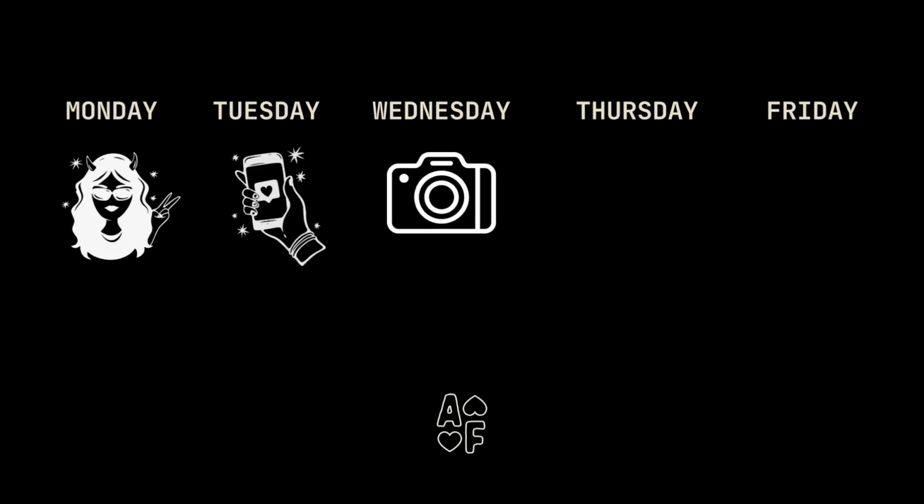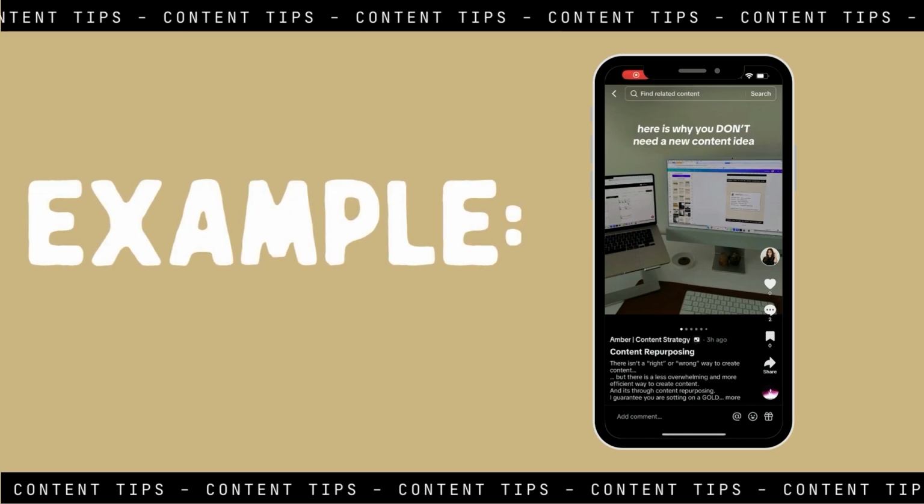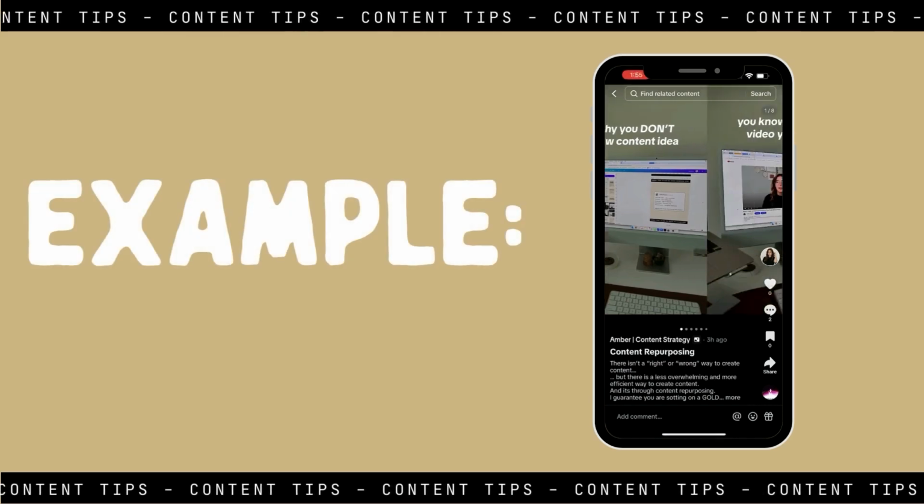Moving into Wednesday, this one actually might feel a little bit more natural for you to create, especially if you're creating on Instagram already. We're going to create a carousel. Yes, a photo-based carousel on TikTok. These are actually performing really well right now. You can take exactly what you said in that video that you posted on Monday, that talking to camera video, and use the text, use the dialogue, use whatever you said,